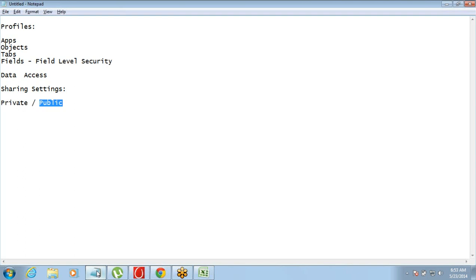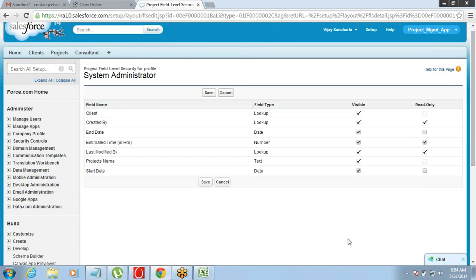And this thing is called OWD, organization wide default, right? This private or public setting is not specific to a user or a group of users. This is applicable on the entire organization, right? So that is the reason why this is called organization wide default, OWD.